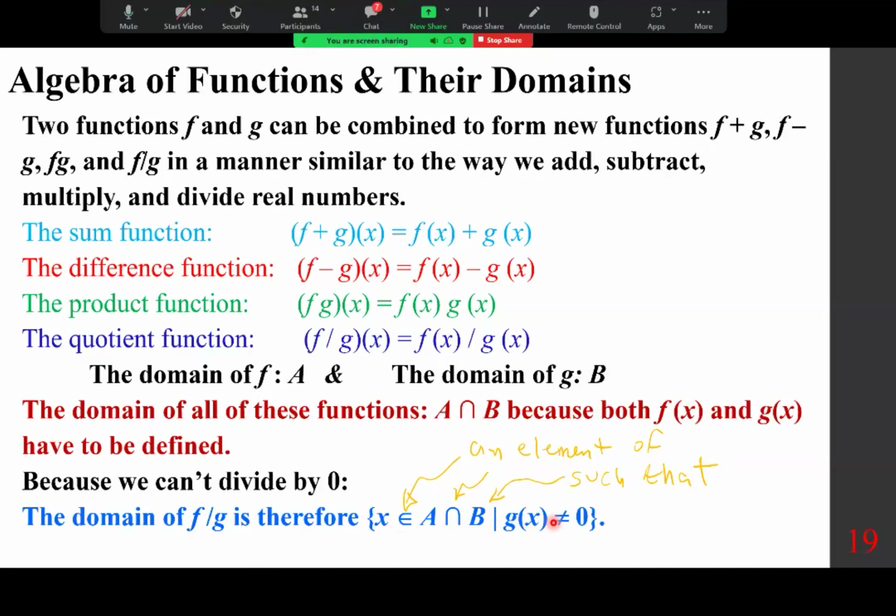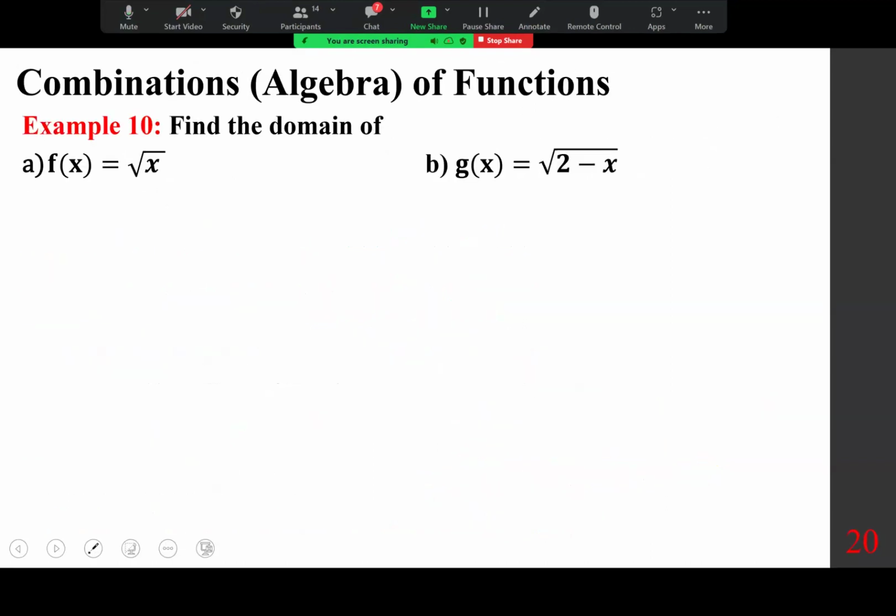Okay? So all of them, in short, have the same domain, which is A intersection B. This one, the same thing, and the denominator can't be 0. So,